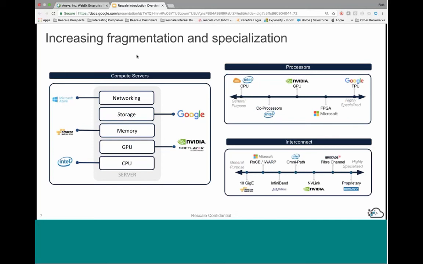And so Seth made mention of it, and we appreciate that, Seth, that one of the big value props for Richard Childress Racing with Rescale is the fact that we're rolling out the latest and greatest. I should say our cloud partners are always rolling out the latest and greatest.